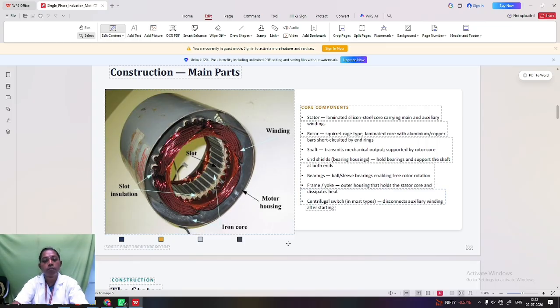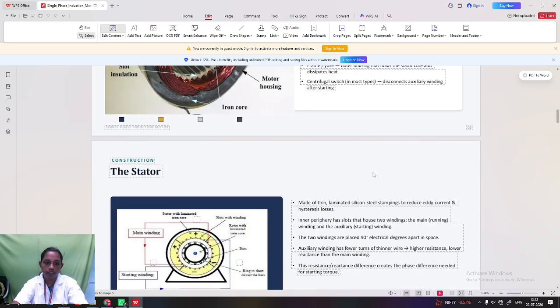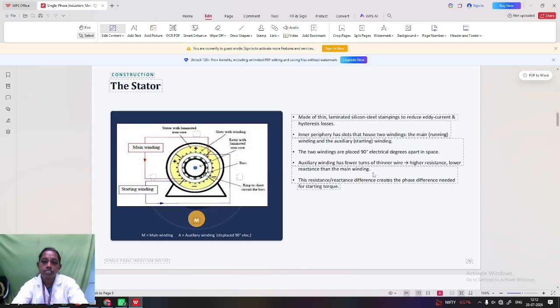So these are the major core components of the single phase induction motor: stator, rotor, shaft, end shield, bearings, frame or yoke, and centrifugal switch. Next, let's discuss them one by one in depth. First is the stator. Stator means